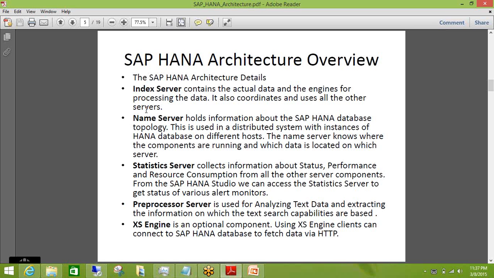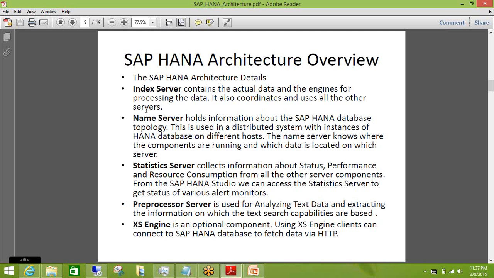As I mentioned in the previous class, there are different engines available within your HANA server, which basically capture each of the functionalities. So if you are working on SQL, there is a SQL engine. If you are working on OLAP, you have an OLAP engine.